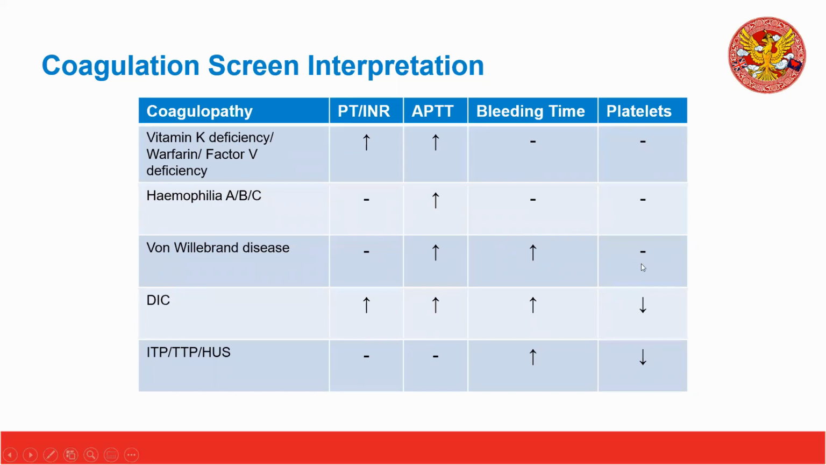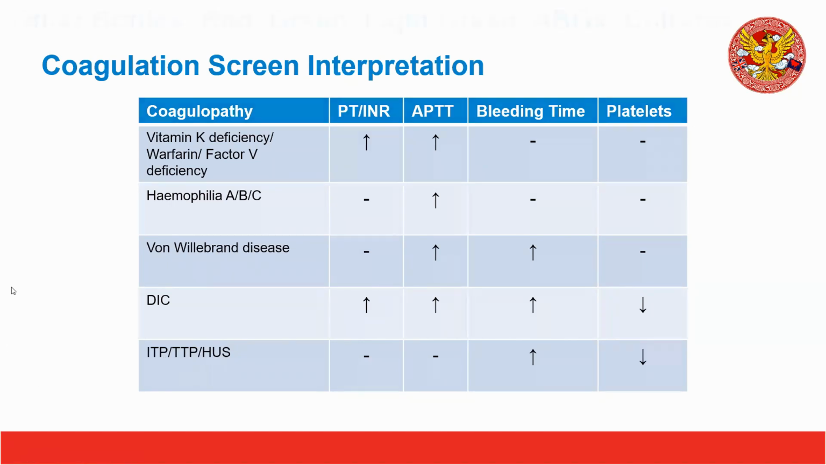It doesn't affect the number of platelets, but it does affect how the platelets function, and APTT can be increased or normal. DIC, basically, again, everything is raised, so it's utilizing all the clotting factors, utilizing your platelets, so your platelets go down, and your bleeding time, your APTT and PT all go up. And this is a good way of differentiating it from other stuff like ITP, TTP, and HUS, which cause a decrease in platelets and an increase in bleeding time, but don't necessarily affect your prothrombin time